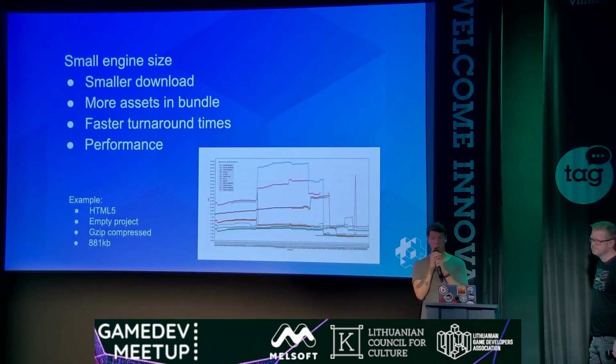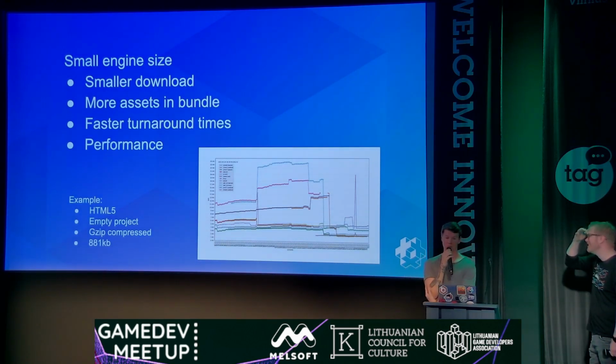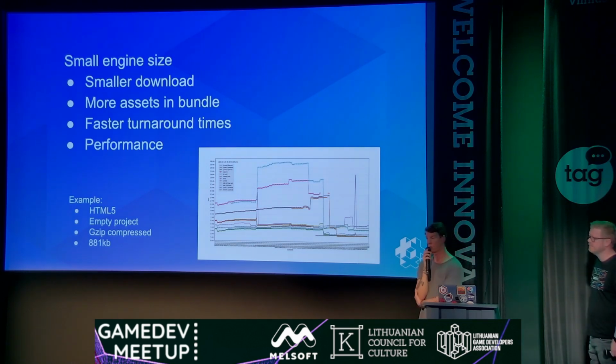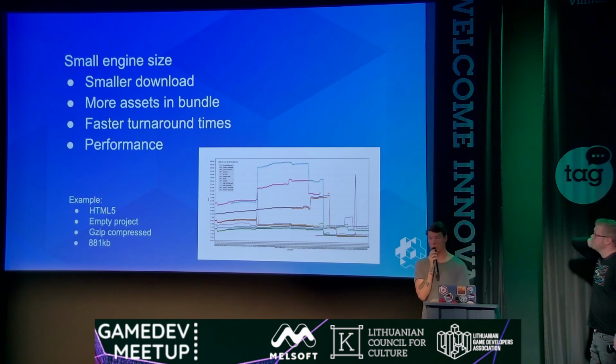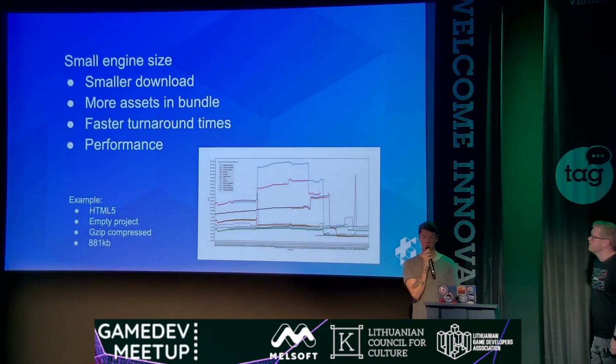And yeah, another thing that we are, I guess, proud of, is our small engine size. The baseline is we don't really ship a huge amount of features, but we ship a lot of possibilities for people to make their own, and we work really hard on trying to get a very small binary size for the engine. So the HTML5 version of the engine is not even 900 kilobytes, which all ties together into performance as well. The less code we have, the faster it's going to go,